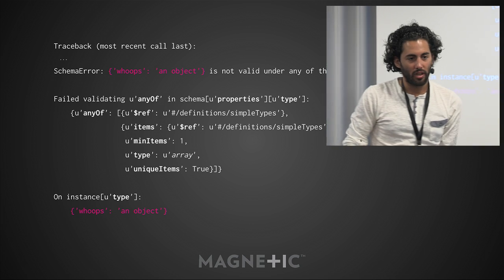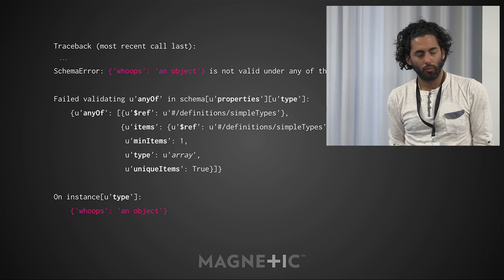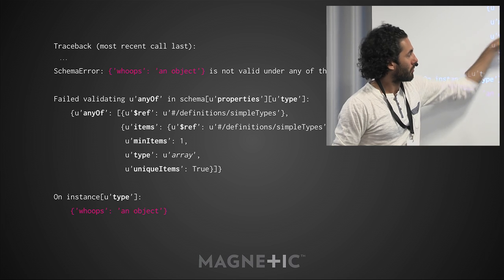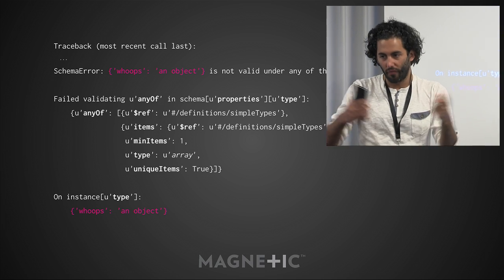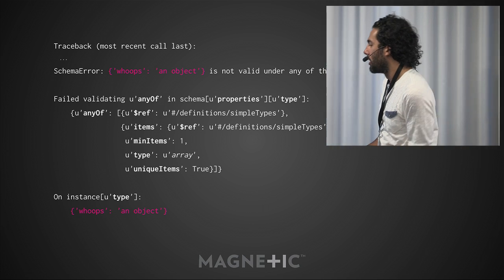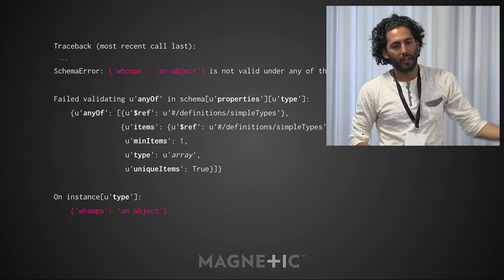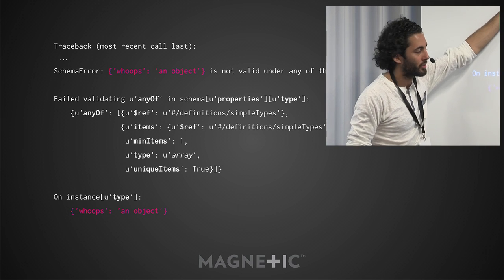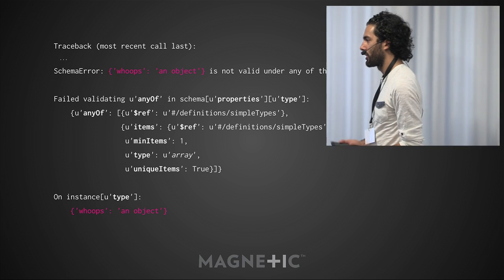It's either any of the simple types which I mentioned before, so you can say type string, type number, type object, whatever. Or you can provide an array with at least one string in there whose items are one of those simple types. So you can provide arrays of simple types, and they have to be unique. It's a little weird. If you're not one of these two things, that's why your type's invalid. So this is the meta schema saying your schema is not valid because you didn't provide either type string or type array of string and number. Make sense?